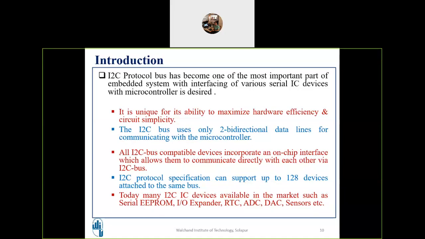But look at PIC features. PIC supports USART, meaning synchronous as well as asynchronous communication is possible using the USART module, which is separate hardware. In addition, it has MSSP hardware which supports the I2C protocol and SPI protocol, so that all these types of serial peripheral devices can be connected to the microcontroller.